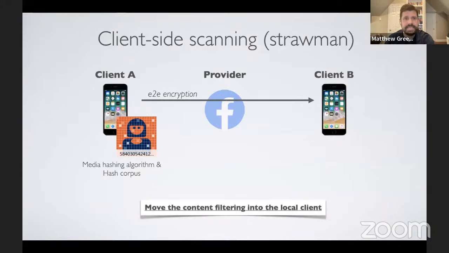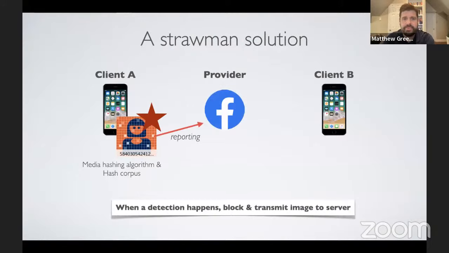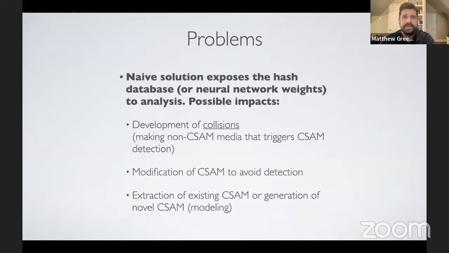How do we do client-side scanning? How do we do scanning when we have encrypted systems? There are a couple of answers to that. The obvious straw man answer is we do the scanning on the client side. That means performing the hashing, the verification, the matching on the client side where the data is not encrypted. And then when we find a match, the client can simply report the existence of that match up to the provider. This works well enough if you trust the client, but it has a major limitation, which is actually devastating in the setting of CSAM.